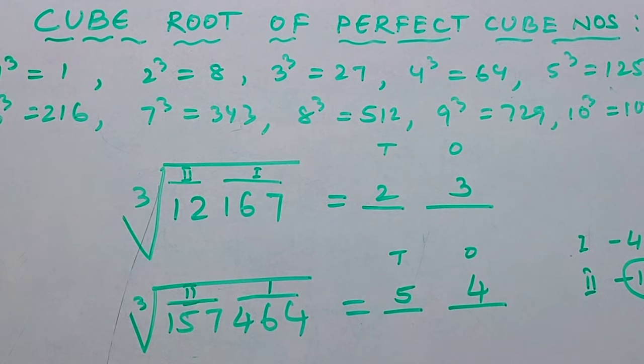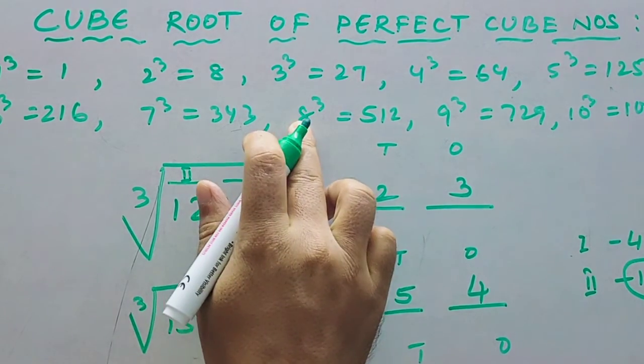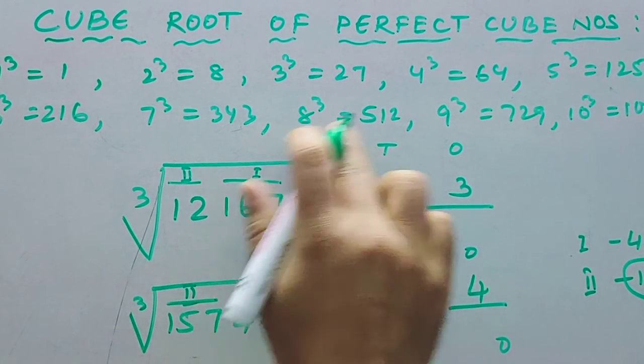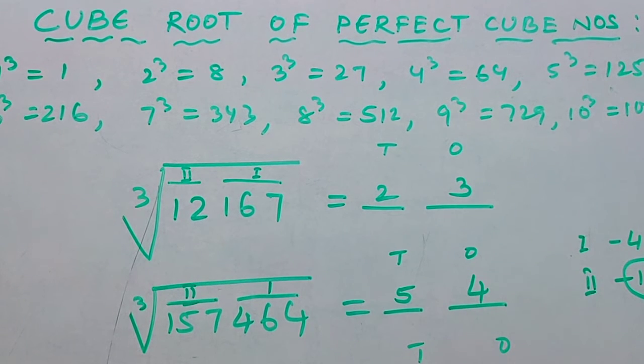Then let us try the last one now. This is the first group and this is the second group. So now it will come as 2 digits, ones place and tens place. The first group is 192. So the last number is 2. 2 will be given by which number's cube? 8. 2 will be given by 8 cube only. So ones place will be 8.